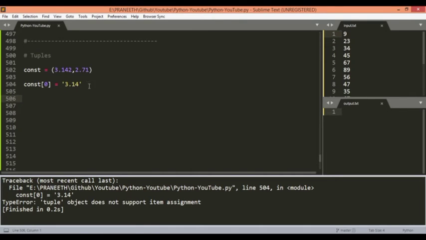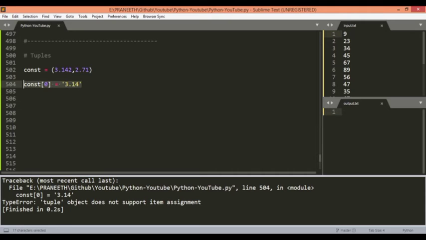Due to which we will know that we are changing a constant, so we will quickly know where we have to make the changes. So mostly tuples are used for that.